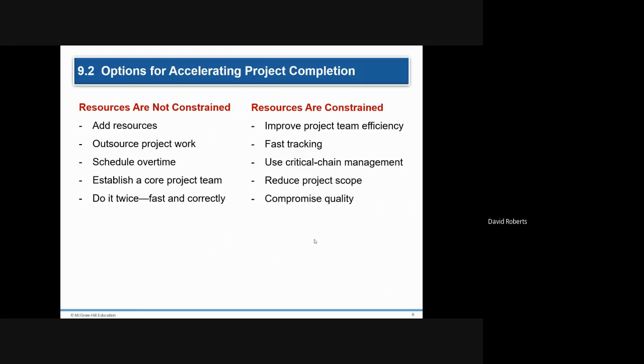There's certain things though that you can't really crash or can't crash very much, such as an example would be heat treating. If you heat the metal to too high a temperature and try and heat treat it that way, it can make the metal very brittle. The temperature needs to increase at a certain level over a certain length of time. It needs to stay at that temperature for a certain length of time, and then it needs to cool.